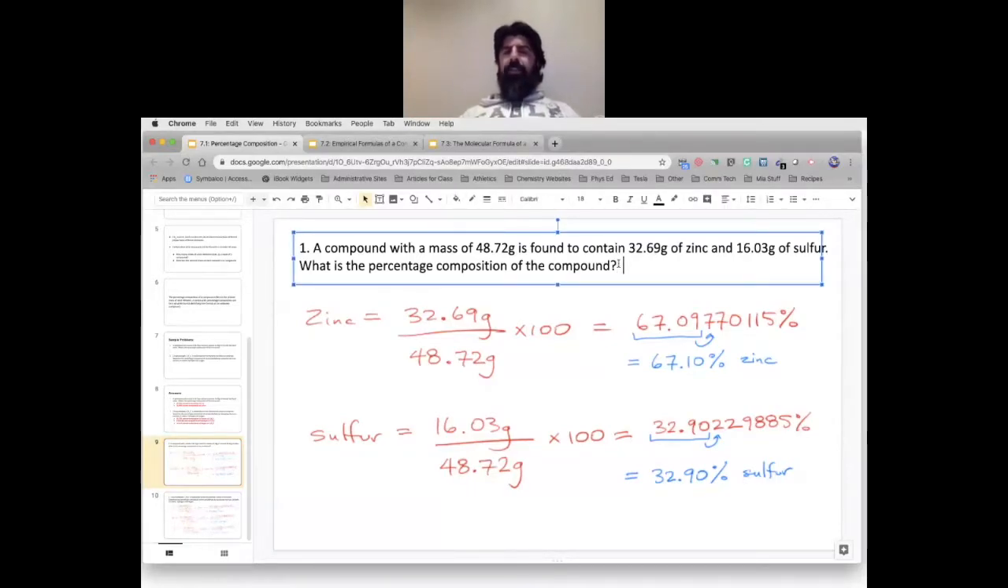Let's say I asked you to find the percent composition of calcium carbonate. So in this case, I would expect you to find the percent composition of calcium, of carbon, and of the three oxygens. Okay, so let me get rid of that. So how do we go about answering this? Well, zinc